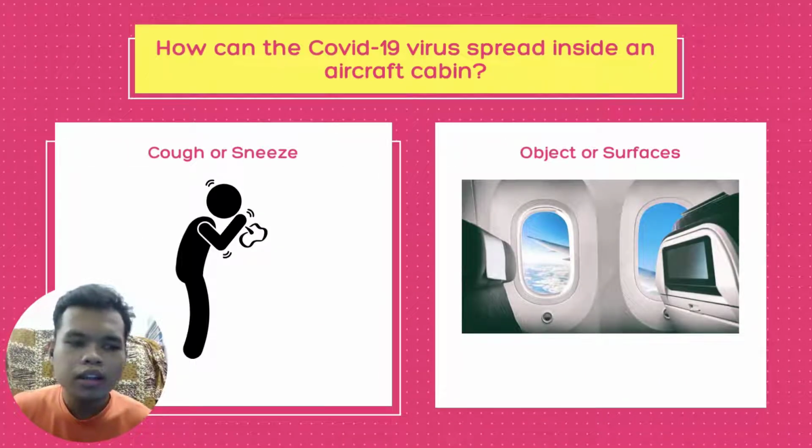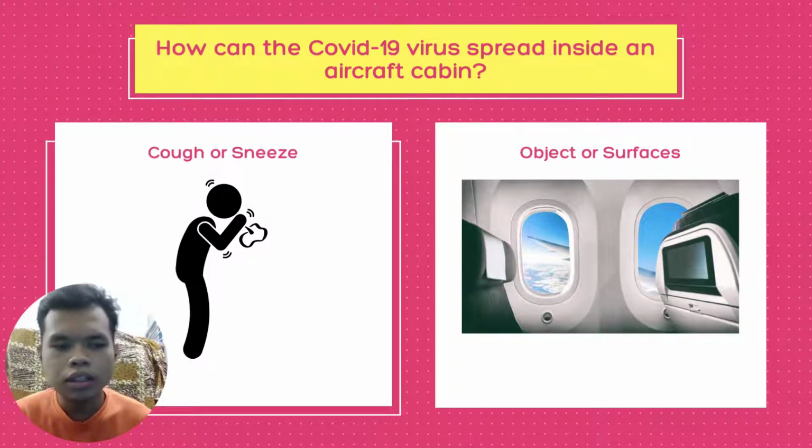Another point is that droplets from our mouth or nose can be expelled by a COVID-19 person. They can be spread from coughs or sneezes, or even when they are talking without any protection. That is why we must wear protection, like a mask.